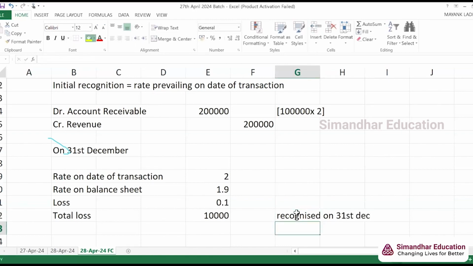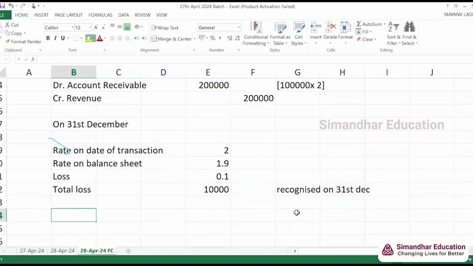Now, if there is a gain, that gain will also be recognized on 31st of December. Now, sir, why do we recognize gain? We are recognizing gain or loss here because that is our money. We have to receive 100,000 euros. What is the worth of that 100,000? That is what we have to recognize. Okay. So on 31st of December, we have to recognize the loss. Customer will pay us lesser amount. So debit loss, credit account receivable,